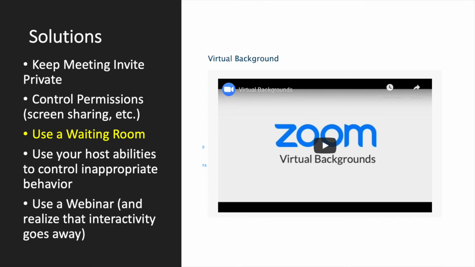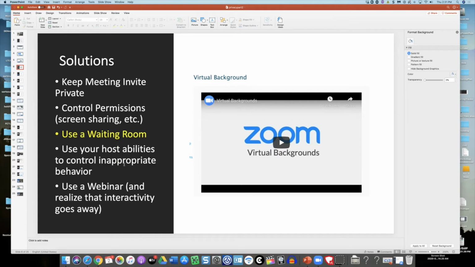The other faculty member who was a part of that hijack session last evening actually said it was a good thing that it happened, because it showed how terrible and offensive these attacks can be. And it also shows the necessity of doing some things ahead of time to make sure that these attacks don't happen during a class or during a meeting. So we'll go through all these, and they're all, I think, very simple to implement.